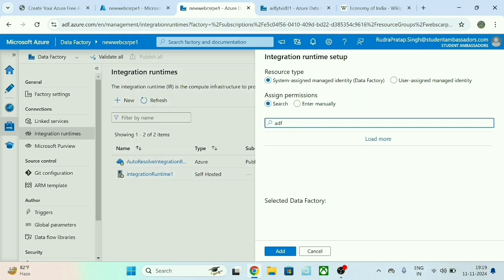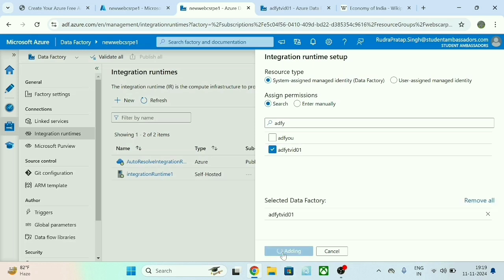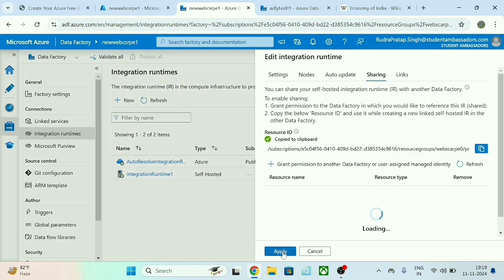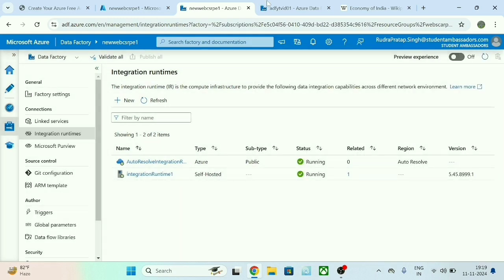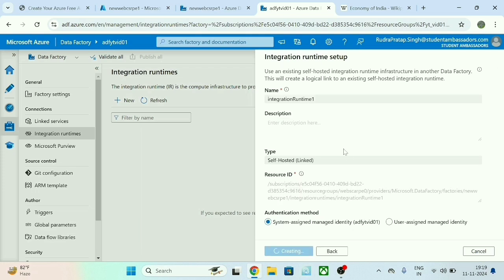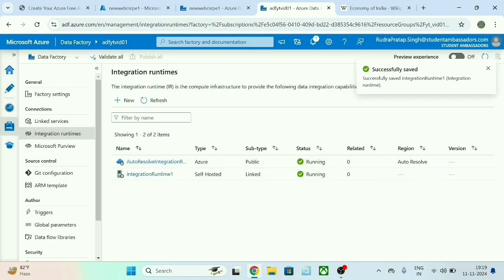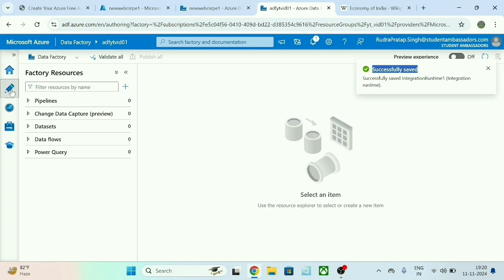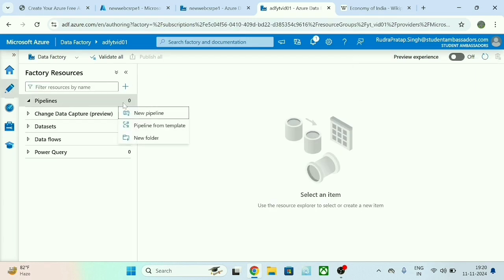You can just type in the name and just select, add it, and click on apply. Now when I'm creating it, it will successfully save. Now go back to author, create a new pipeline,